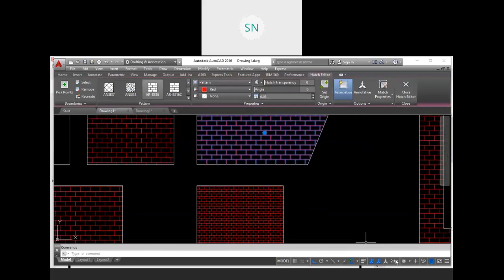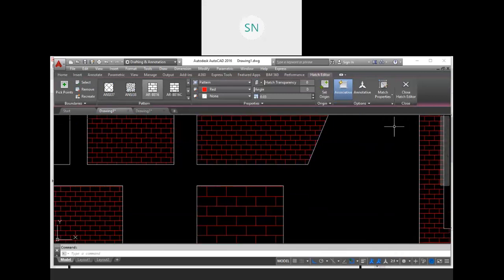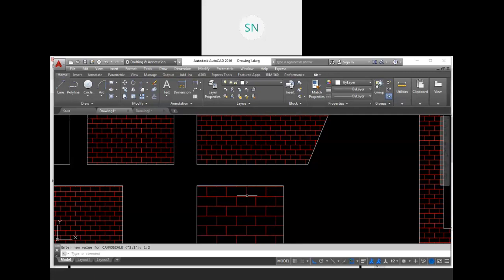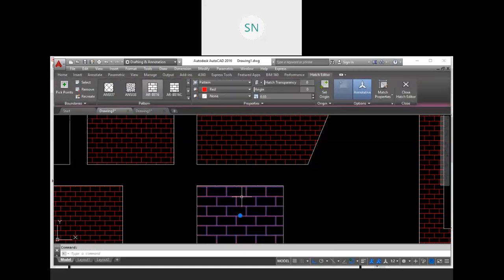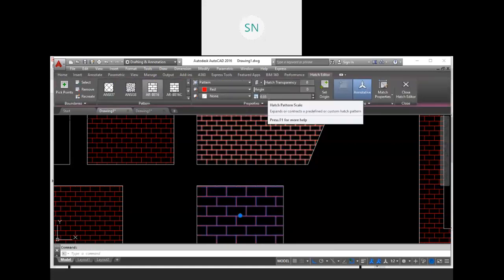So here I am going to choose 1:2. The actual scale of this hatch is 0.03, but it's again scaled 1:2, which means now it has 0.06. So this scale and this scale, both are multiplied for this object.